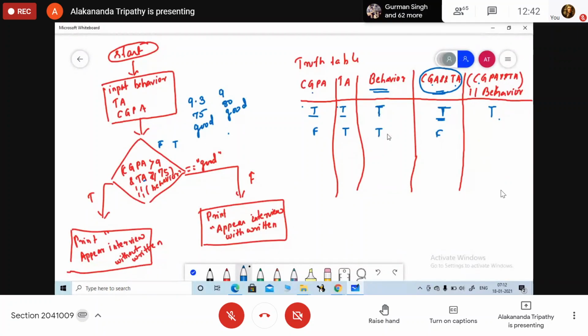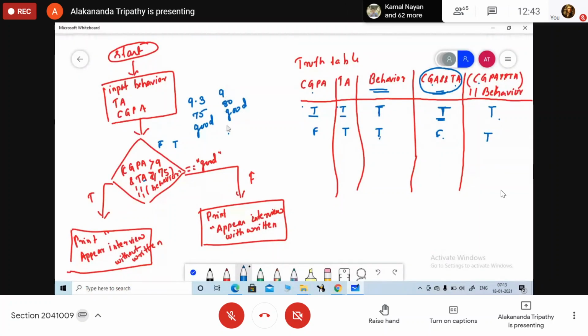Behavior is good. So true and false, what will be the value? True and false. So what will be the value? Are you clear with this point?